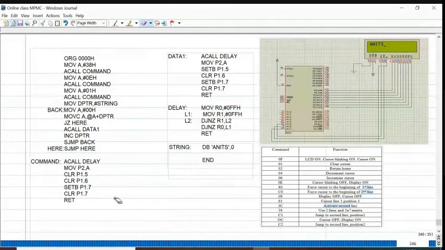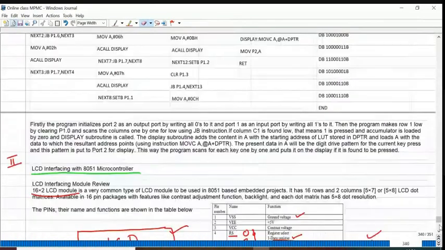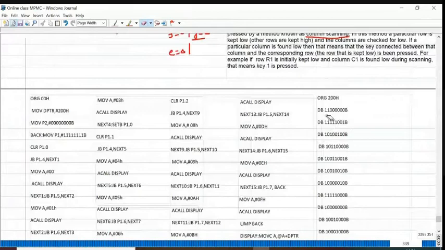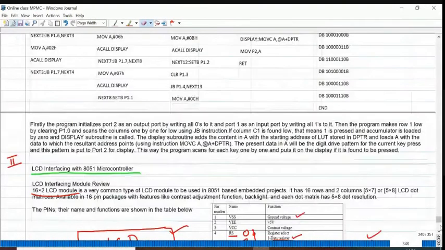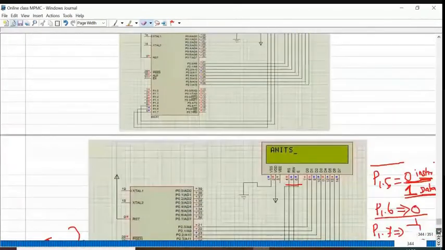So in the lookup table, in the previous class, we saved for keypad interfacing some hexadecimal value, right? Or binary equivalent. So like this, you can give binary information, we can give hexadecimal information. Even this kind of usage also allowed.